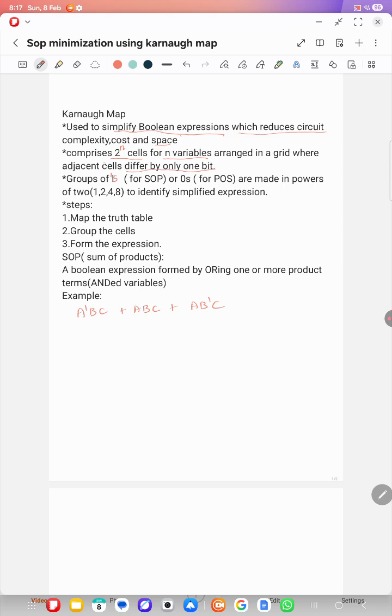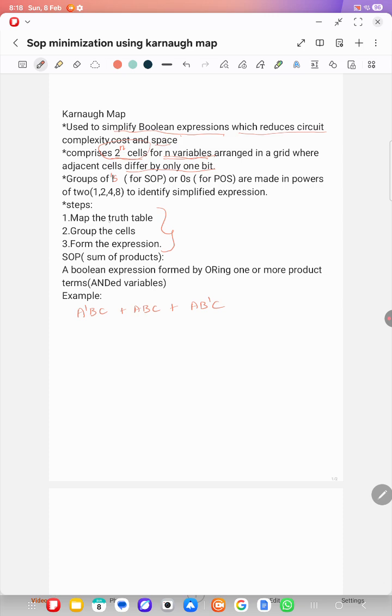So this Karnaugh map is an array of cells which are arranged in such a way that they differ only by 1 bit. If there are n variables, there will be 2 power n cells. So using the Karnaugh map you can reduce the expression, which in turn reduces the circuit complexity, cost and space. What are all the steps involved in minimization using Karnaugh map? You have to map